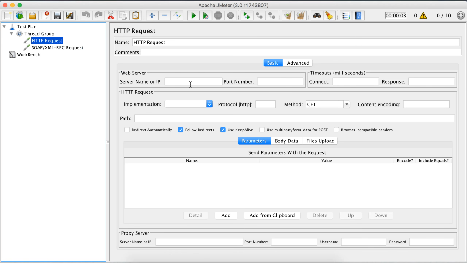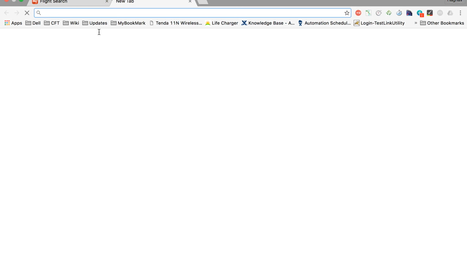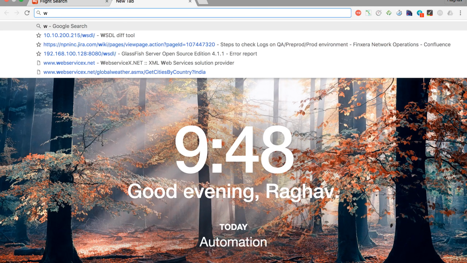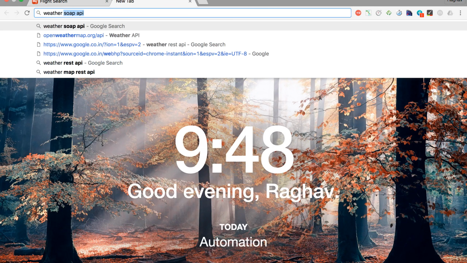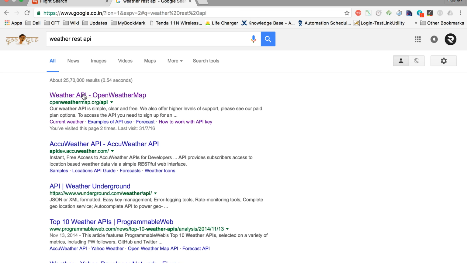Okay, now in your case you must be having the details of your REST API, but in my case I will go to the internet and let me search for some publicly available API. So let me search some weather REST API. Let me go to this one.